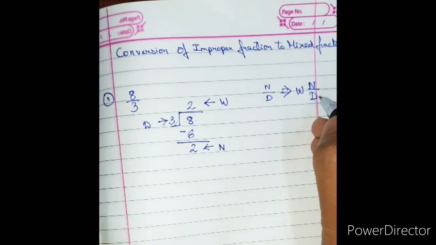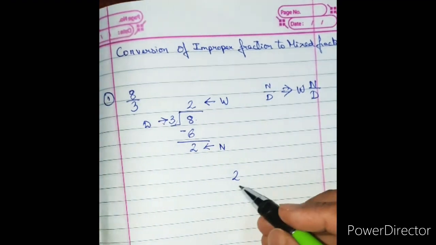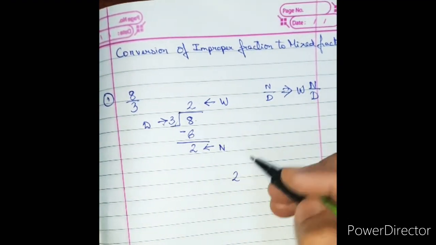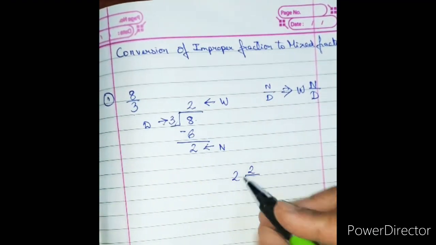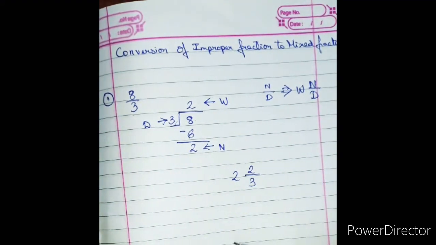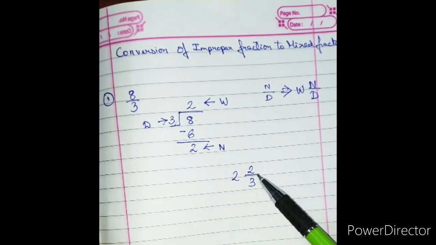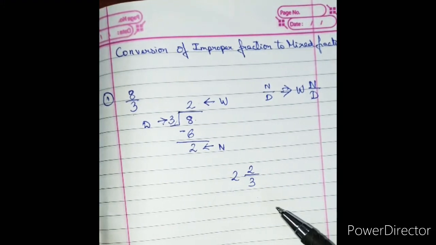So let's put it down in this form. The whole number is 2. This is the way we write the whole number for a mixed fraction. In the fraction, the numerator is 2 on top upon d, the denominator, 3. So this is a mixed fraction. How will I read this fraction? 2 upon 3, or 2 divided by 3, or 2/3. Okay. Let's take another example.